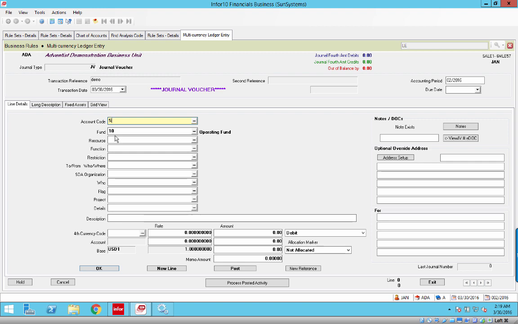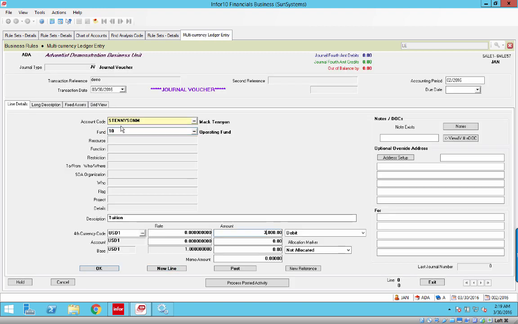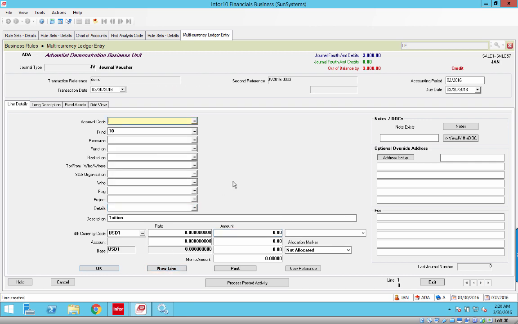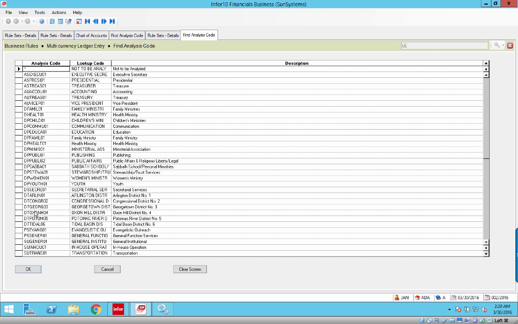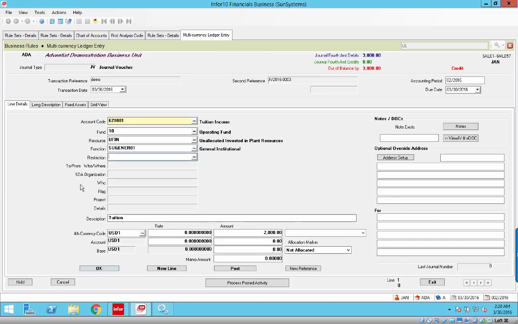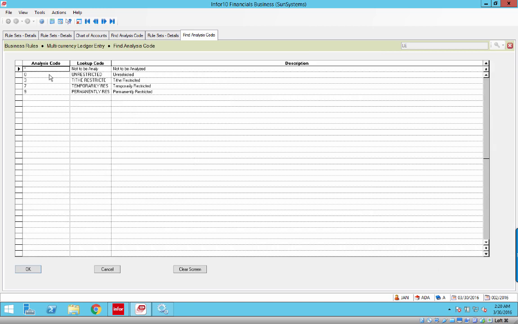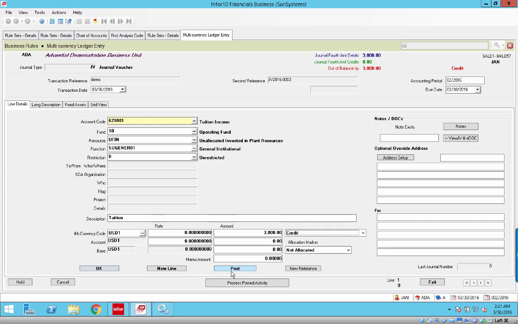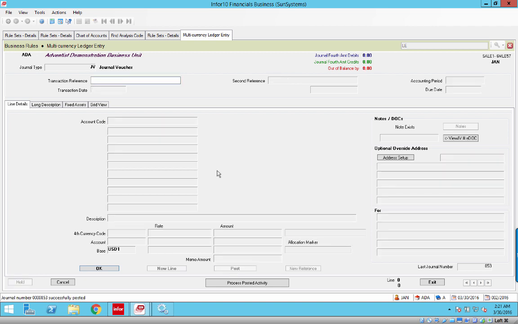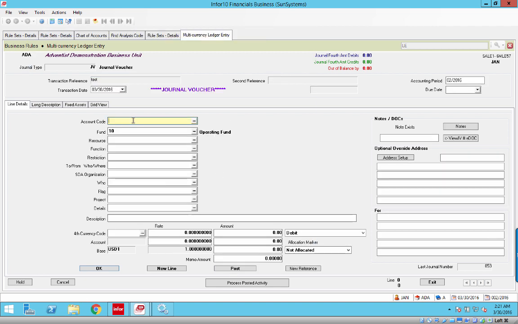So we do S, Tennyson. I go to new line. What should be happening when I hit S is it puts the account code, the account name, and the country all in short-term memory. We don't see anything happening, but we go to new line, tuition. It'd be a very easy matter to write business rules that are populating all this, because once you know it's tuition, all the rest of this stuff is automatically determined. And this is credit. And I think we can post,